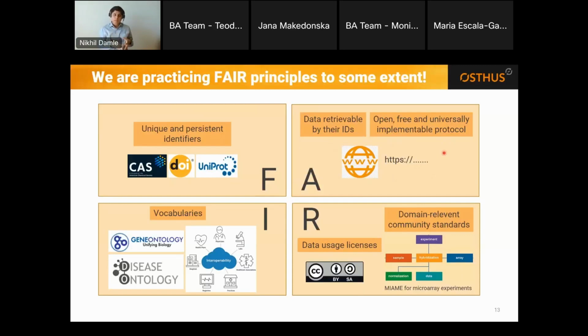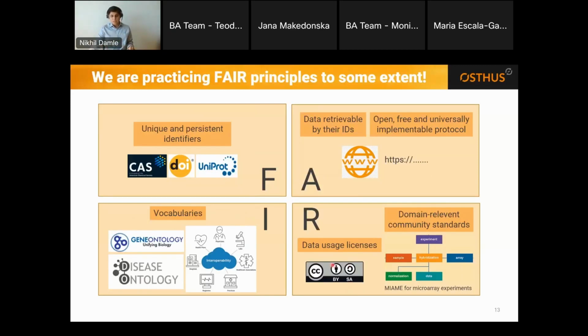We also have today standard vocabularies, standard field-specific terminologies that we and these machines use to make data more interoperable. So speaking of the biology field where I come from, we have gene ontologies or disease ontologies, and such vocabularies increase the interoperability of data between two humans, a human and a machine, and between two machines.